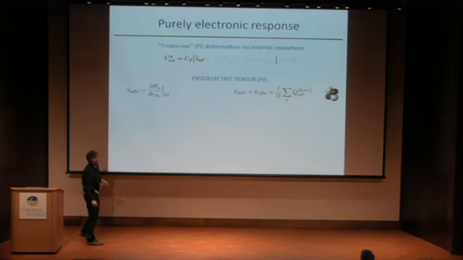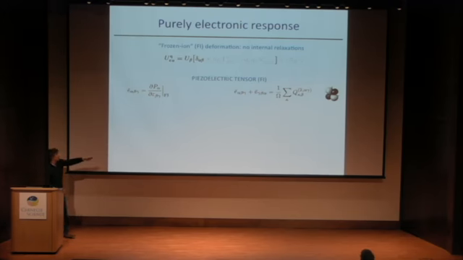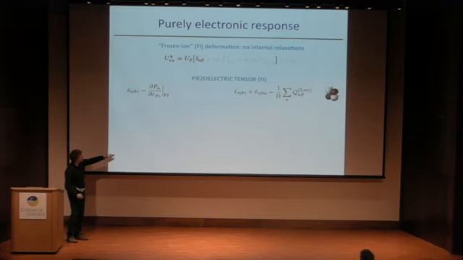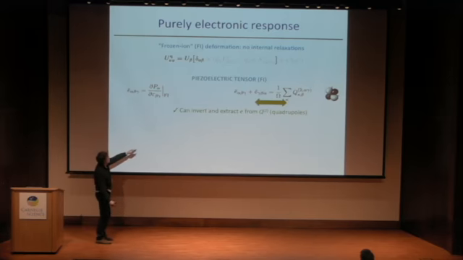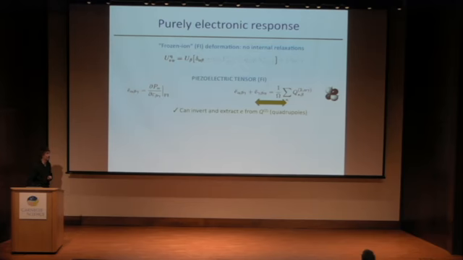This was the breakthrough of Richard Martin's paper in '72, which was to write the frozen ion contribution to the piezoelectric tensor in terms of the quadrupolar response to atomic displacements. You have this formula that relates this frozen ion tensor to these quadrupoles. And if you look at the symmetry of these tensors, you see that they have the same number of independent components, and they can be inverted. So if I know the quadrupoles, I know automatically the electronic piezoelectric tensor.